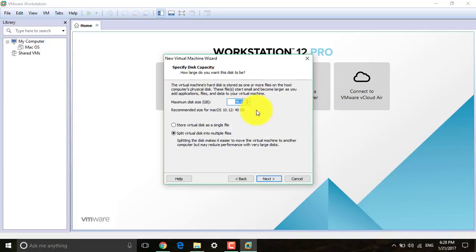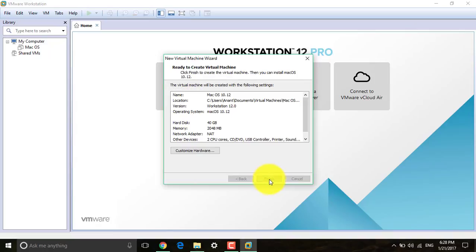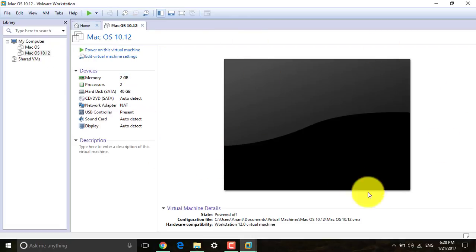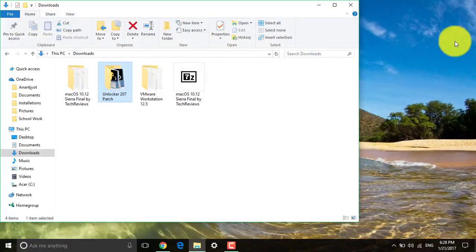So you don't want to touch the maximum disk size, and you want to just click Store Virtual Disk as Single File and click Next and click Finish. So now you'll have a screen like this. Now what you want to do is close VMware and go and download this file, the macOS 10.12 Sierra Final